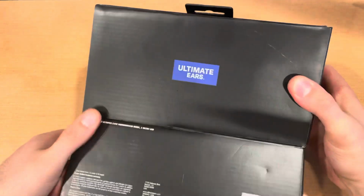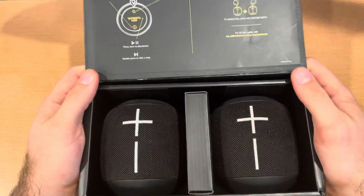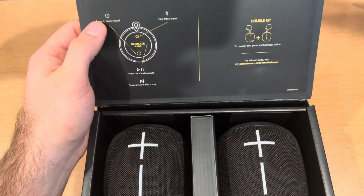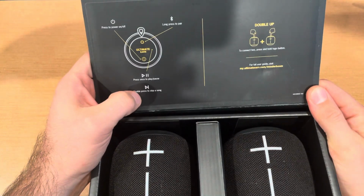Just a black packaging box once the sleeve comes off. And as we take that off, we will see that there are the 2 speakers right down in there. And then right up here we have some information. There's a power on-off switch. There's a long press to pair for Bluetooth, and then press once to play pause, or double press to skip